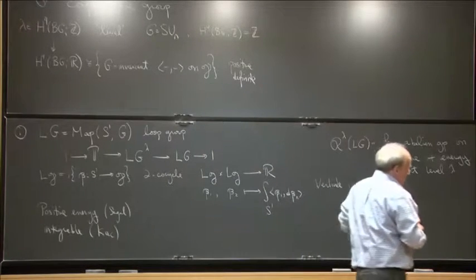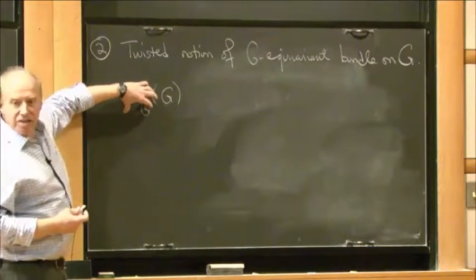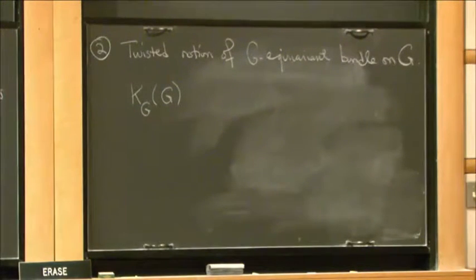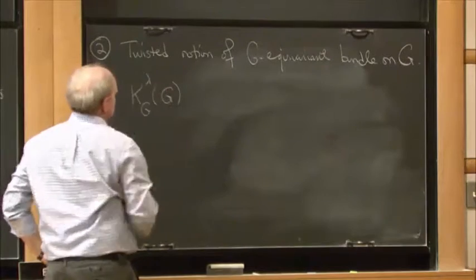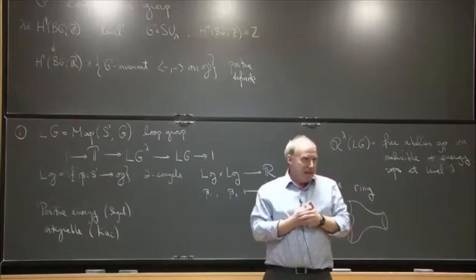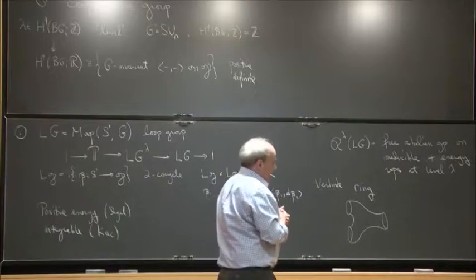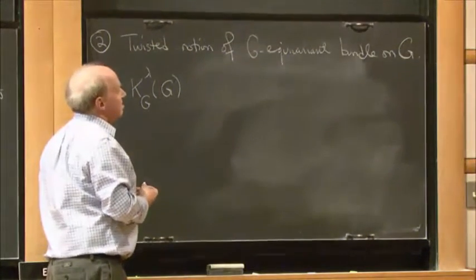So elements here are represented by complex vector bundles over G, which have an action of G on it. But this level gives us a twisted notion of this. So we get a twisted notion of this K-theory. To explain that, I want to give you a different picture of G acting on G by itself by